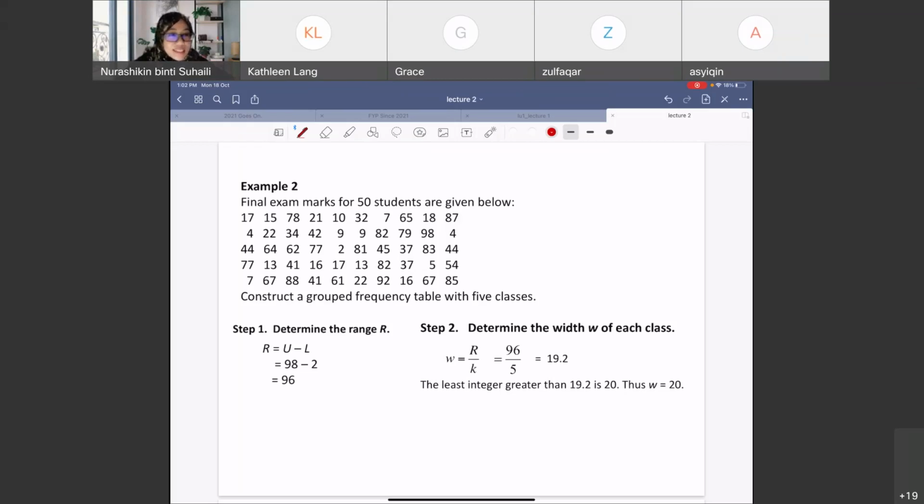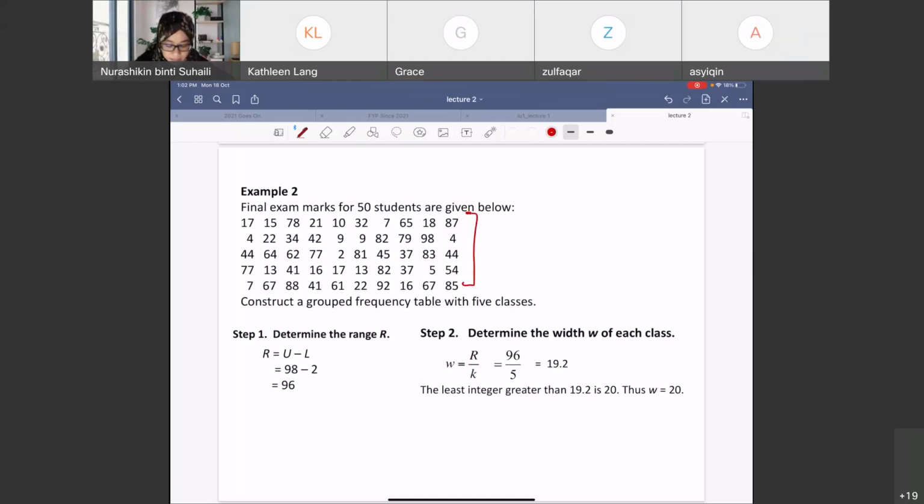Let's say we have this example. We have this raw data. This is raw data that we have, okay? So when we construct just now ungrouped frequency table, we just list down everything from the minimum to the maximum point. And then we mention how many frequency for each of that. But when we say a grouped frequency